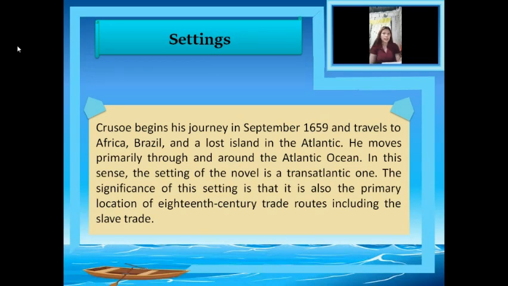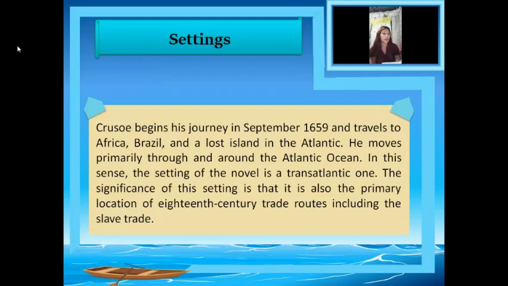And the last one is the setting of the novel Robinson Crusoe by Daniel Defoe. The story begins in mid-17th century York with a brief account of Robinson Crusoe's early years. From there, it moves to the Moorish port of Sale, where Crusoe is imprisoned after his capture by pirates, and